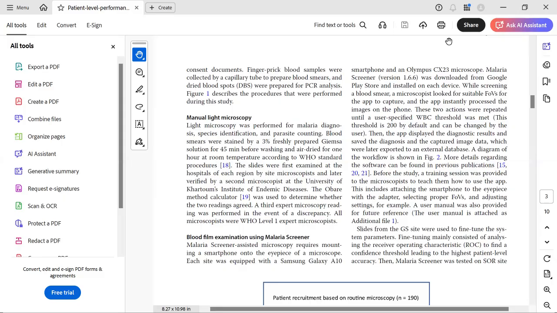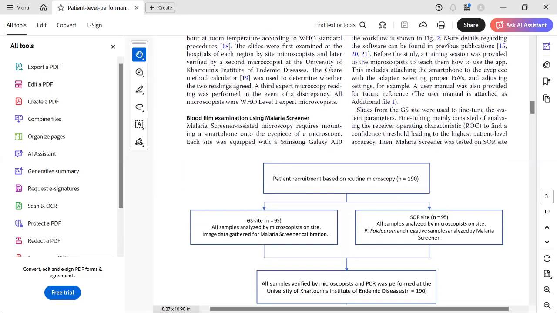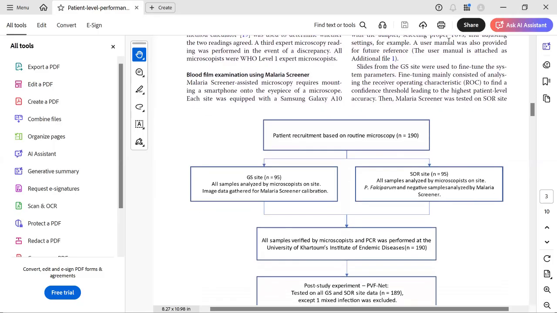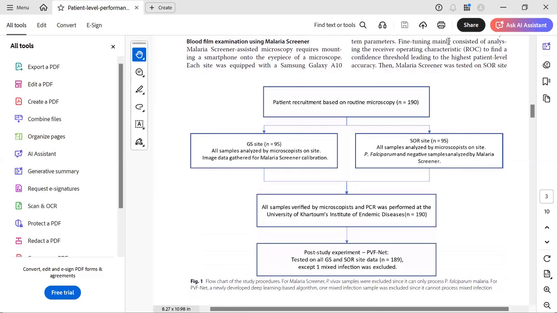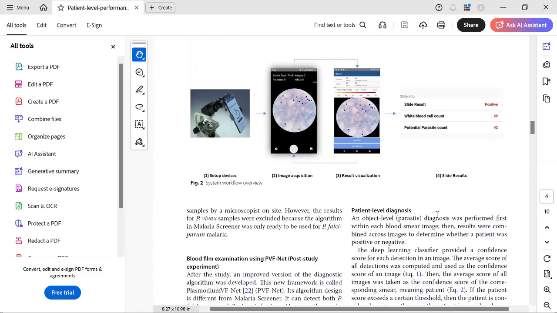Can you scroll down, please? However, the results for P. vivax samples were excluded because the algorithm in malaria screener was only ready to be used for Plasmodium falciparum malaria. If you go back to that flow chart,